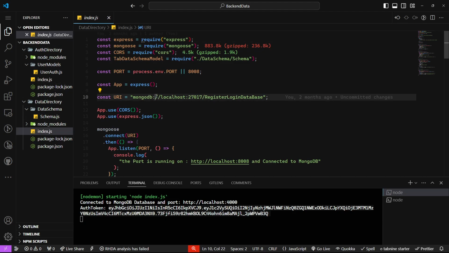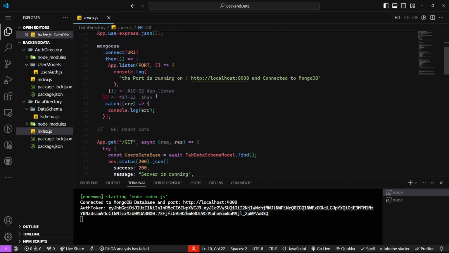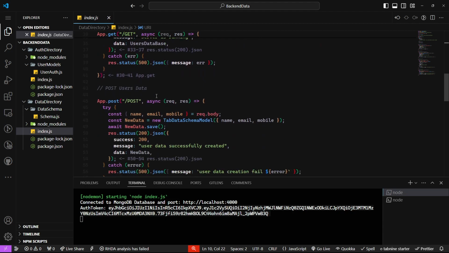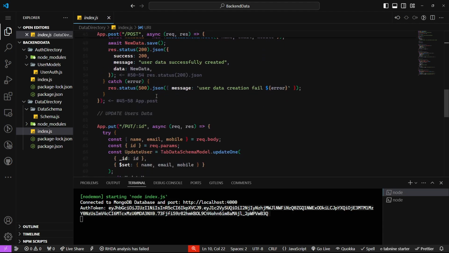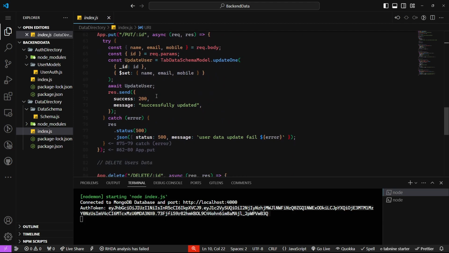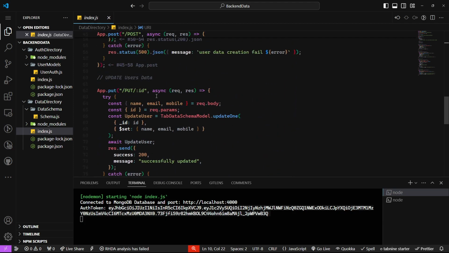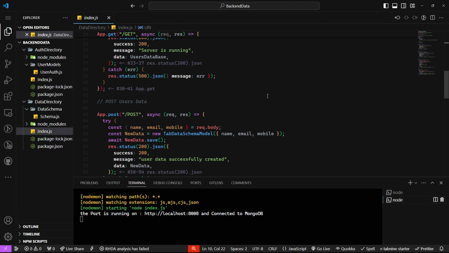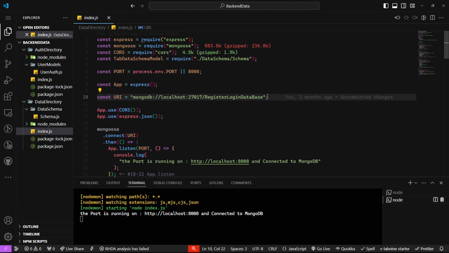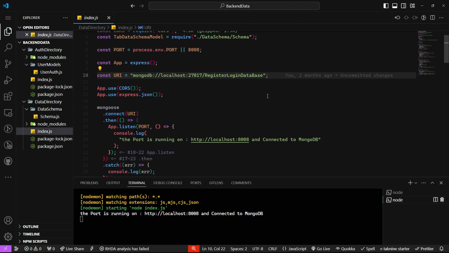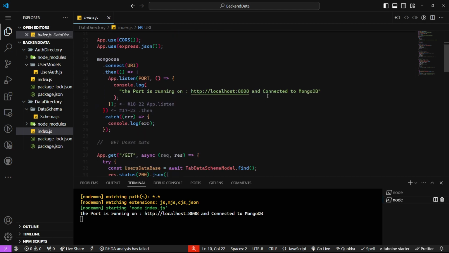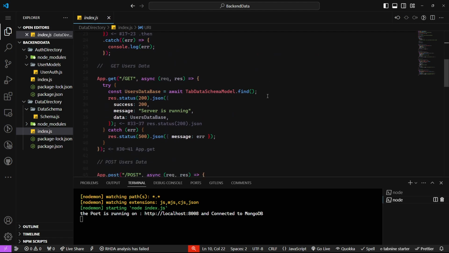So here, if you see, I have a very simple format of it, but yet very much working, and very efficiently working, direct Node.js code. So what's happening here is,